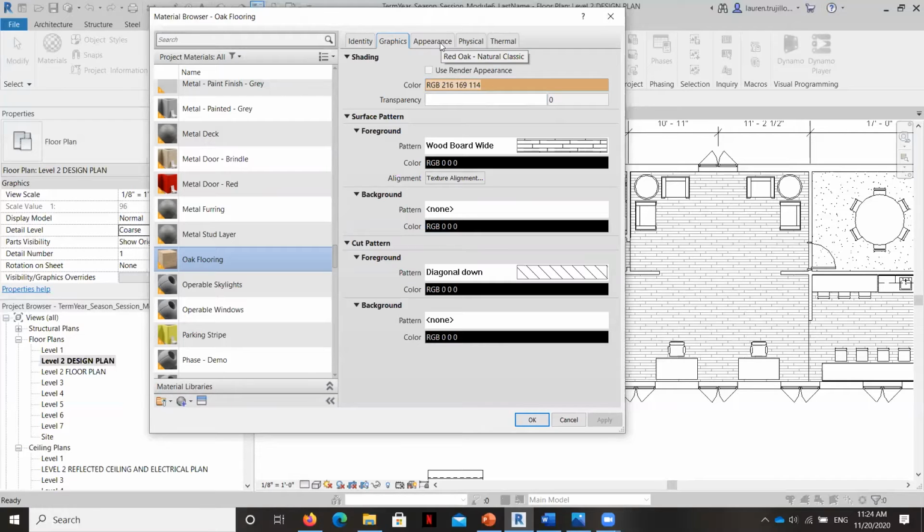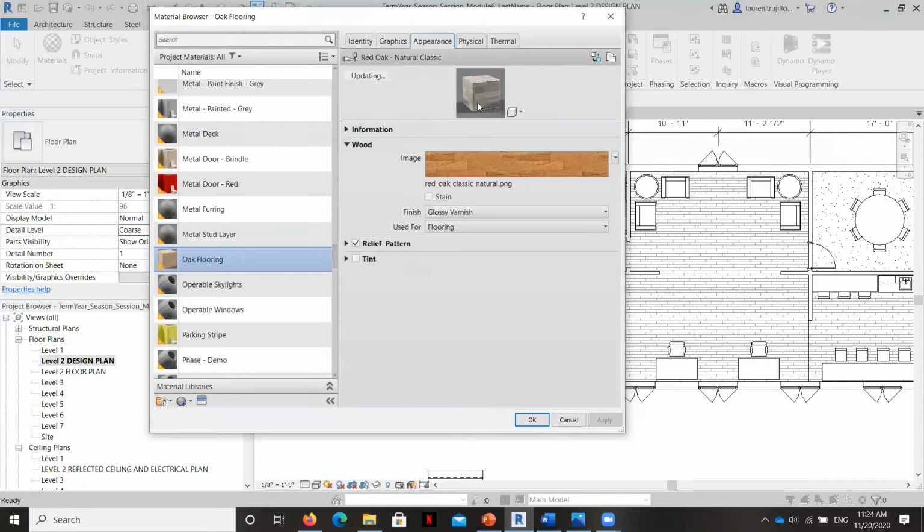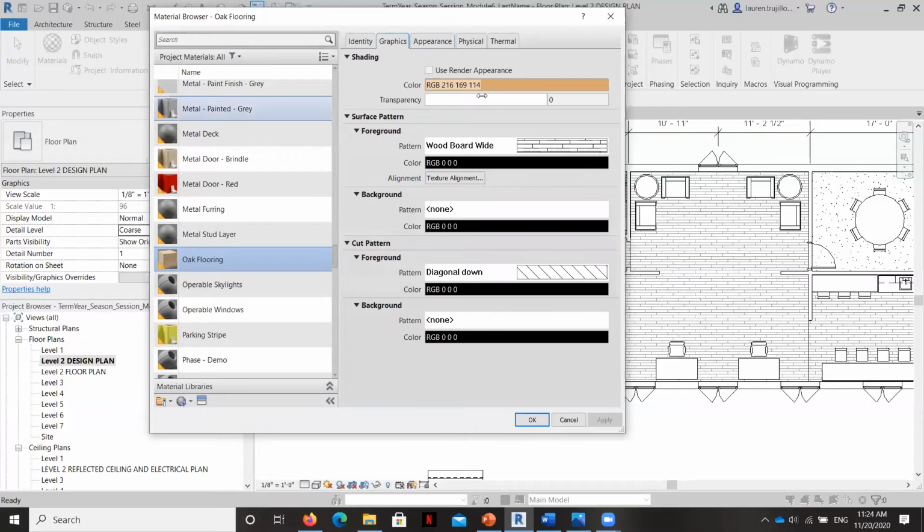But if you go to the Appearance tab, here you can see how it will look realistically. Okay, so this is basically the render appearance, and this is the graphic appearance. And that's, as I said, similar to how we would do a finish layer versus a filled region. One is just kind of line work and looks like line work, and the other one is a bit more realistic finish.